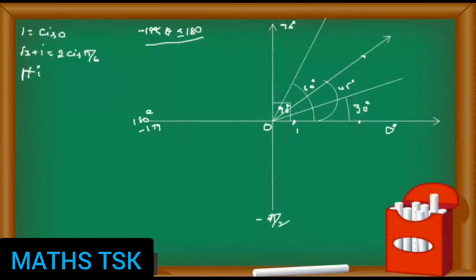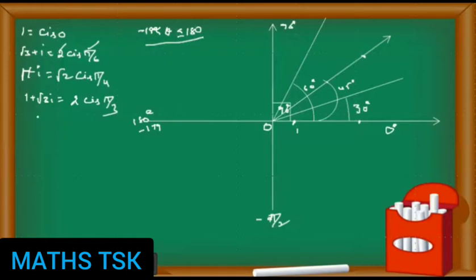Next, 45 degrees. At 45 degrees, you can write it as 1 plus i, which is at a distance of root 2 units. Cis pi by 4, 45 degrees. And then 1 plus root 3 i is at a distance of 2 units, cis pi by 3. I will write r as root of x square plus y square, and theta as tan inverse of y by x. 1 by root 3 gives pi by 6. So this is the way of writing.